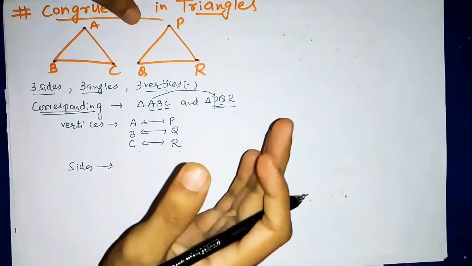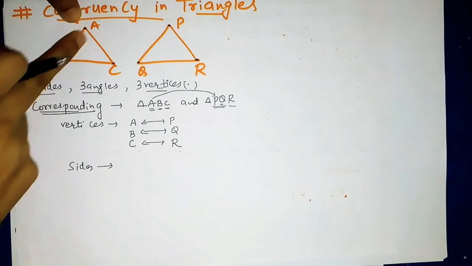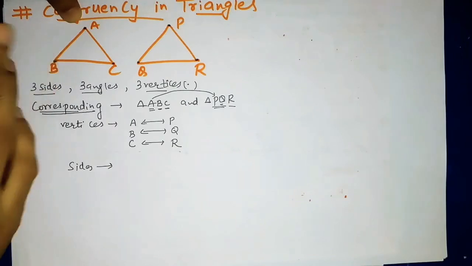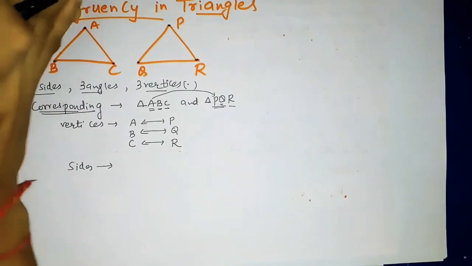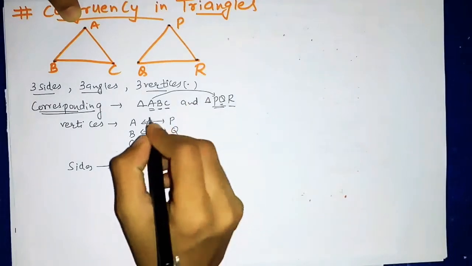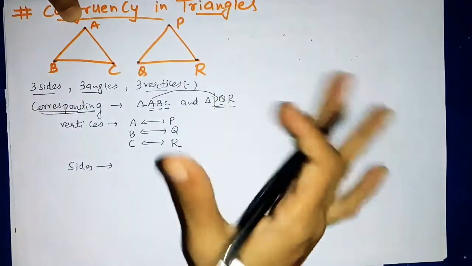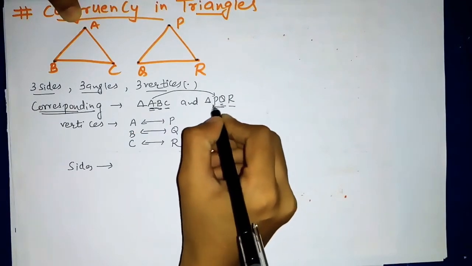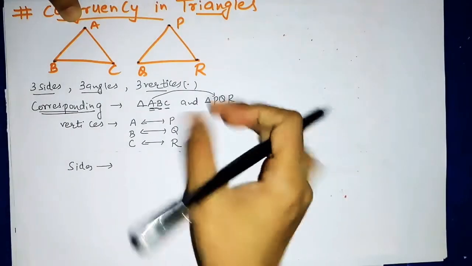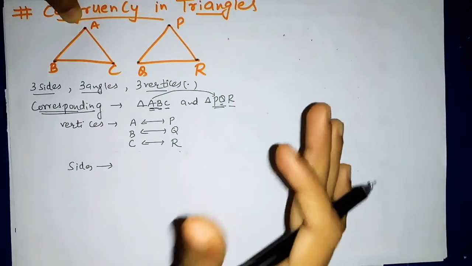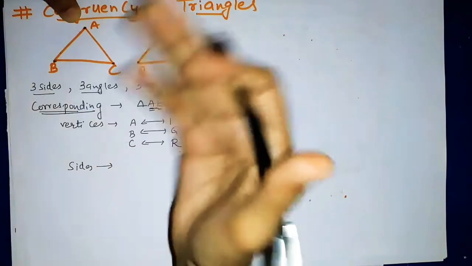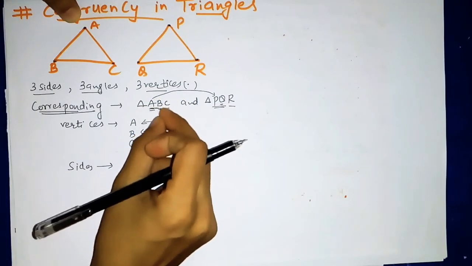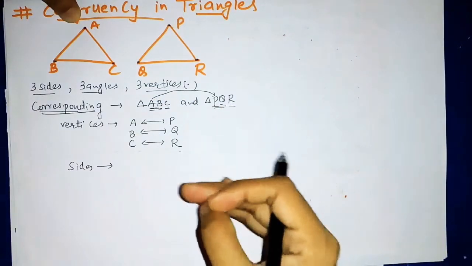If we talk about sides, we have to see this side, AB. When I see the side AB, at the same time which letters will come here? PQ. You can make this out even without seeing the figure. If I talk about side AB, the first two letters, then which are the first two letters here? PQ. If you write QR instead of PQ, then it is wrong. So you have to take the proper corresponding sides, not any side you can take. With the help of this name which is given to you, ABC and PQR, you don't have to change the order of the letters.